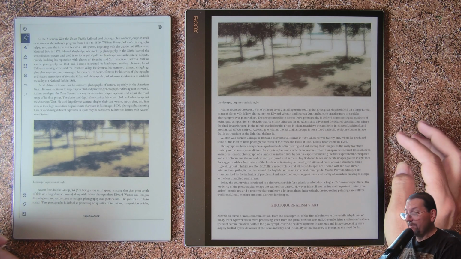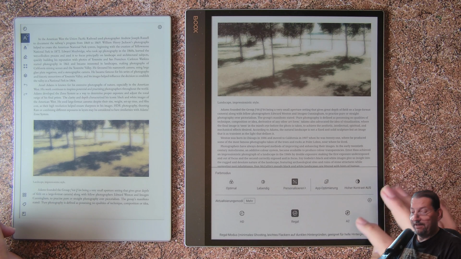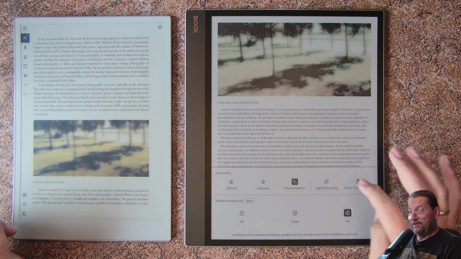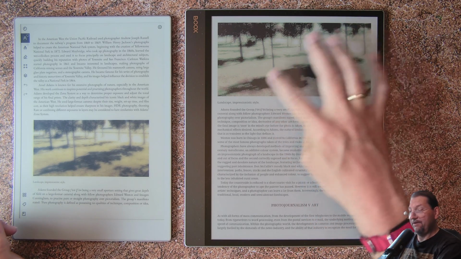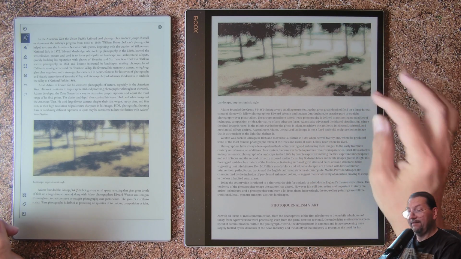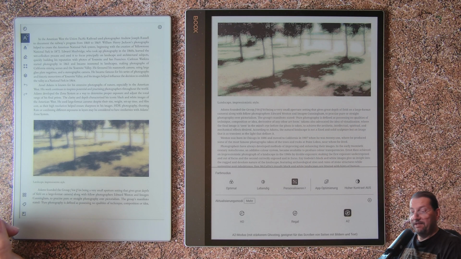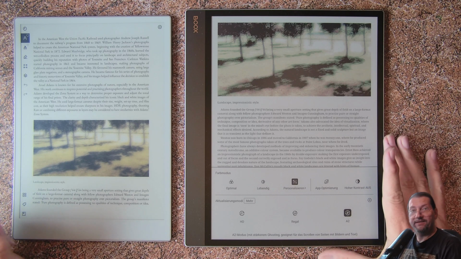Here we have now an absolute clear comparison. Let's see, now I am in the Regal mode. Yes, you can also go into the fast mode, but here you see now, especially in this picture, that the dynamic range is dramatically reduced. So again, if you are on a Kaleido 3 screen,